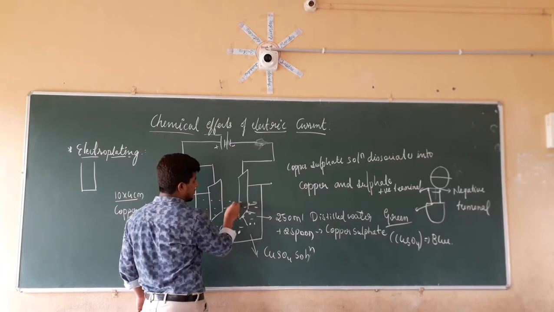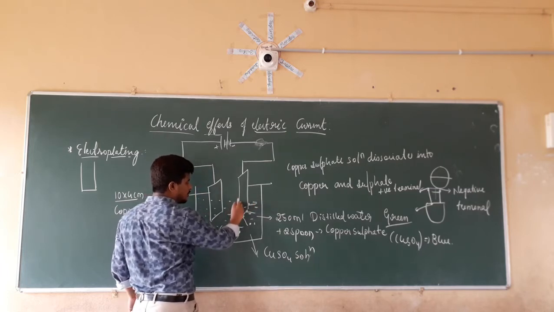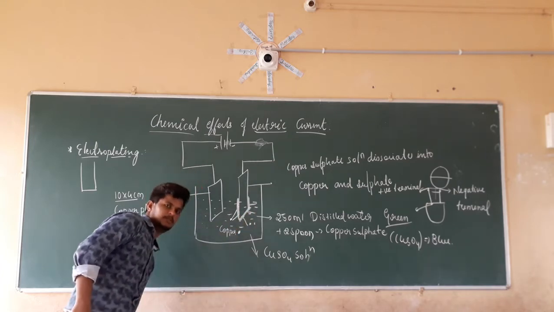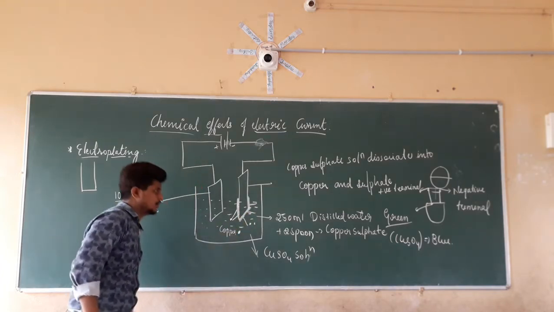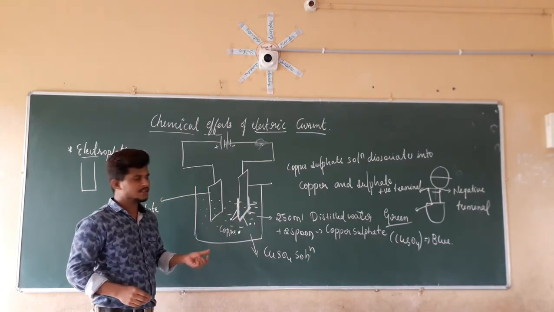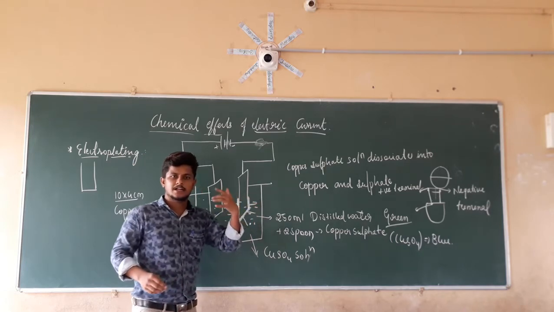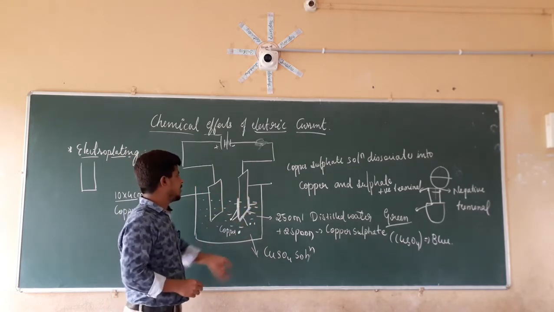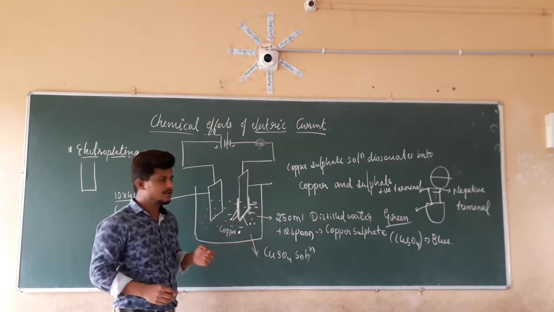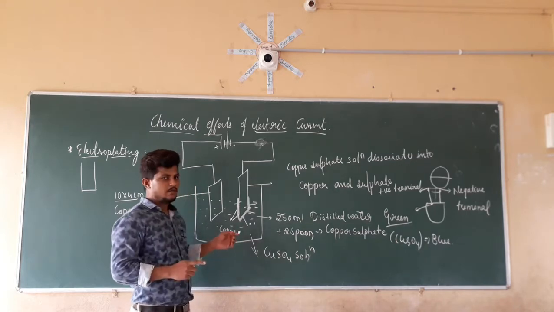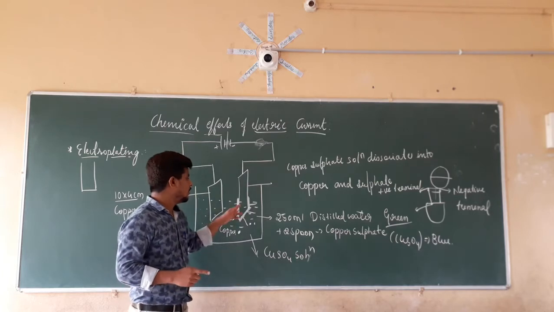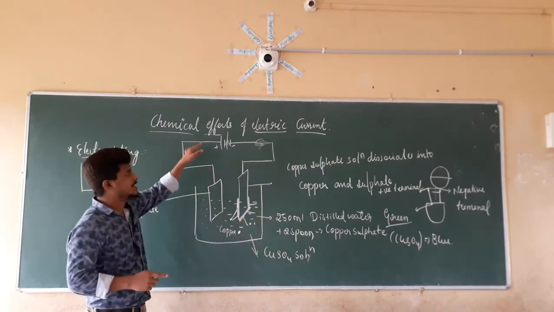It is going to deposit like this. So this has the deposition of what? It has the deposition of the copper. So this is nothing but what? This is the electroplating. That is nothing but on a desired element, on a substance, we are going to deposit the desired element, that is nothing but metal or material, on that by using the electric current.